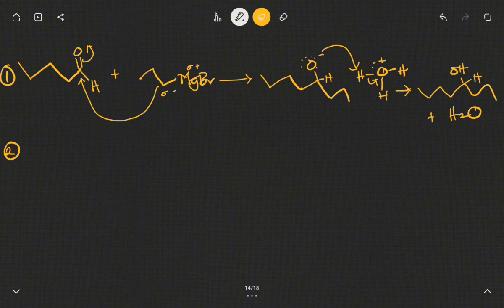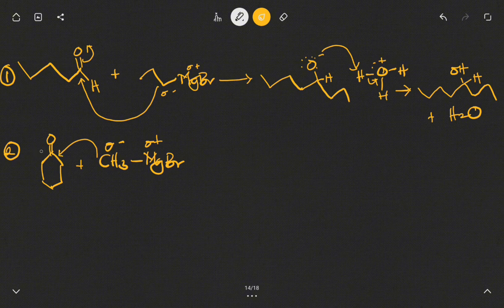to form tertiary alcohol. So I have a cyclohexanone, so this is the Grignard reagent, CH3MgBr. Again, carbon is partially negative and magnesium is partially positive. So we are having this coming in, attacking the carbonyl carbon, forcing a double bond to break, and we are